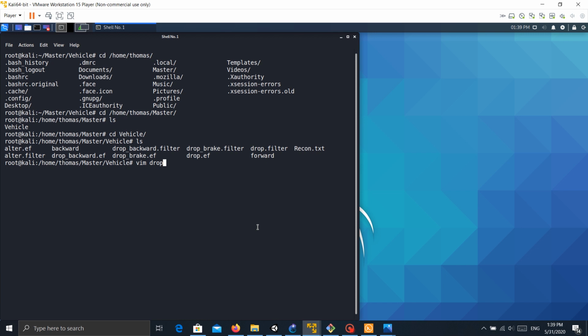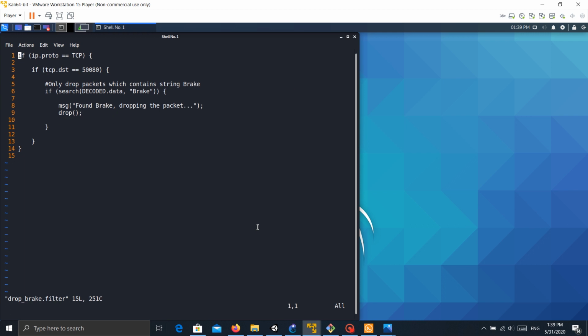If I open the drop brake filter with Vim, we can see that we can check if the IP protocol is TCP. We can also check if the destination port is 50,080, which is the port on the host machine that runs the vehicle controller